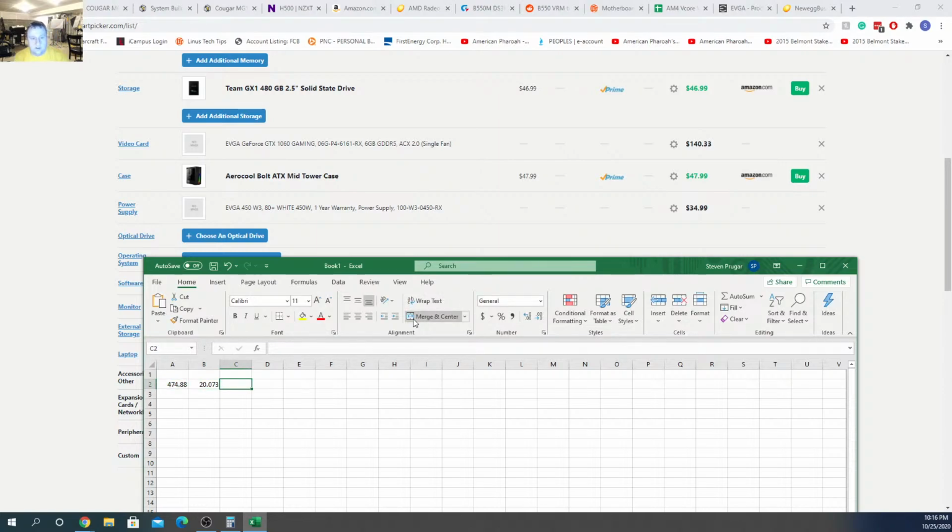So only $20 in tax, and then equals... I forgot it doesn't want to do that. Okay. So equals sum. That should work. There we go. Okay, so I could essentially charge about $550 for this,